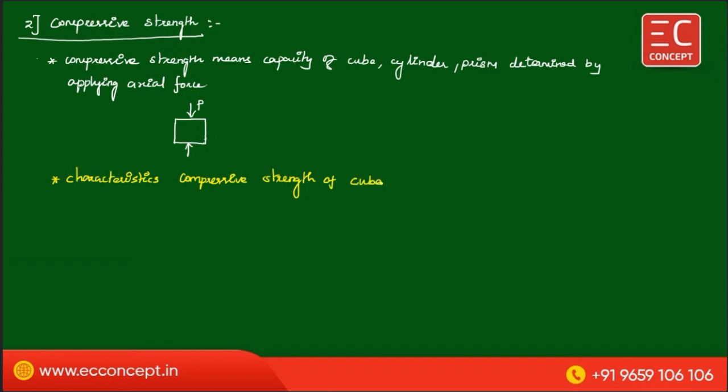Be careful. This is the general compressive strength. Now characteristic compressive strength of cube is denoted by the symbol FCK. What is the meaning of characteristic compressive strength? It is the strength